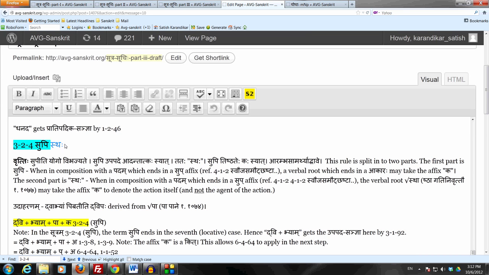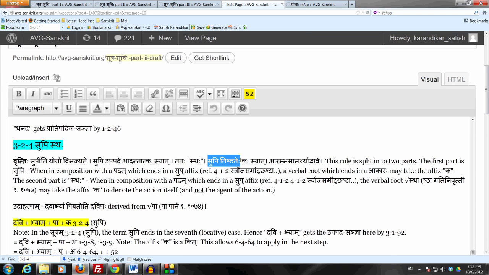So the vritti says tataha sthaha. And the meaning of that part is supi tishtatehe kaha syat. Again, the same thing, supi. Now, supi will come as anuvritti from the prior rule. We split this rule into two parts, supi and sthaha. So in the sutram sthaha, the anuvritti of supi comes from the prior rule now, which is supi. So the meaning of the sutram sthaha now becomes supi, which comes as anuvritti from the prior sutram.